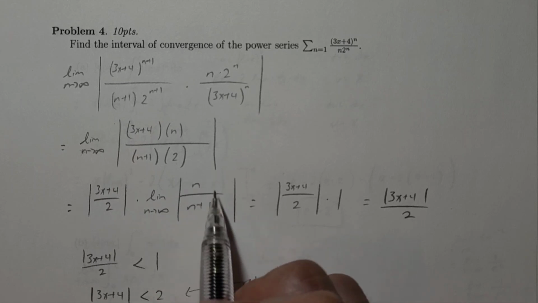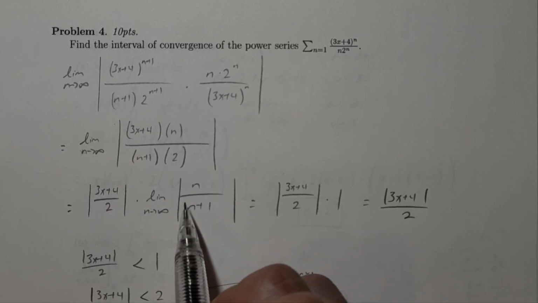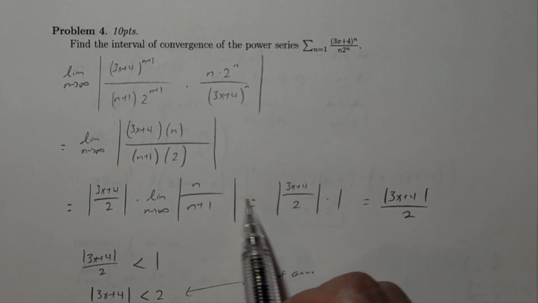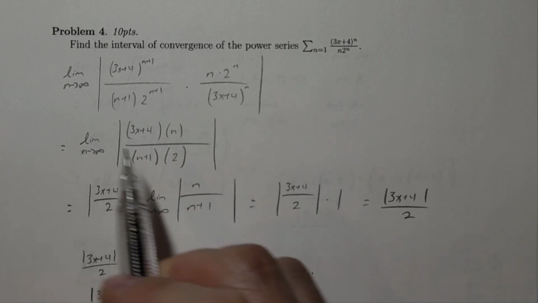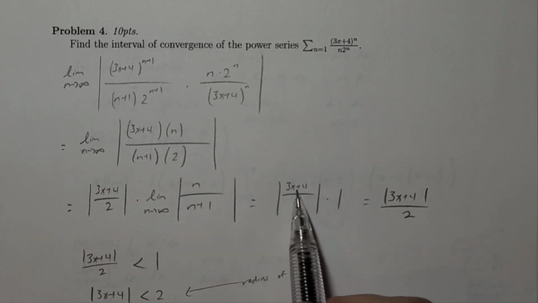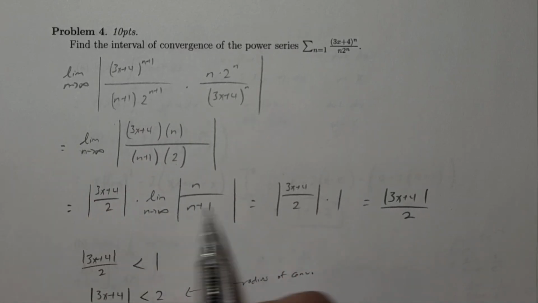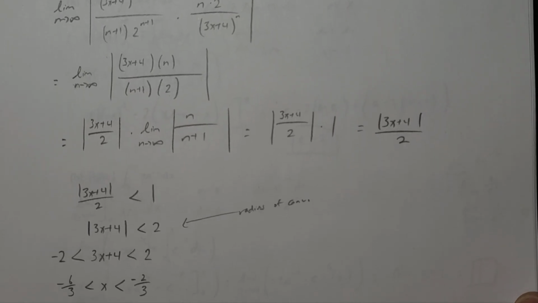What's this limit? It's 1. The same degree, take the ratio of the leading coefficients for a rational-like function. So this limit is 1. And therefore, the limit of the original is, you still have this guy over here, so it'll be absolute value of 3x plus 4 over 2. You can't drop the absolute value sign even when you pull it out, by the way. Hopefully you know that. To find the radius of convergence,